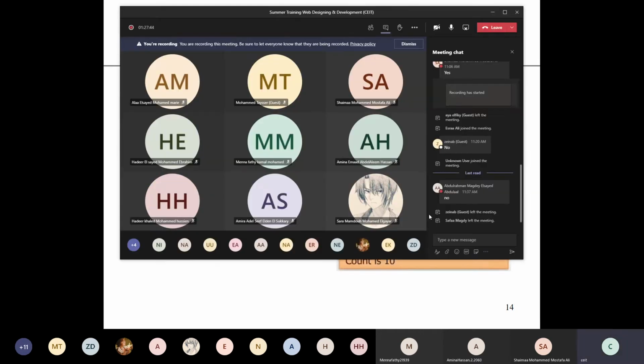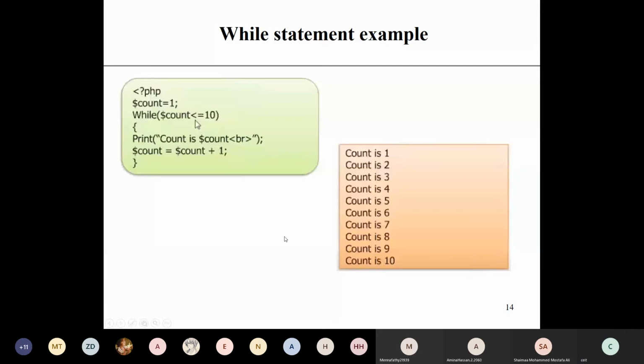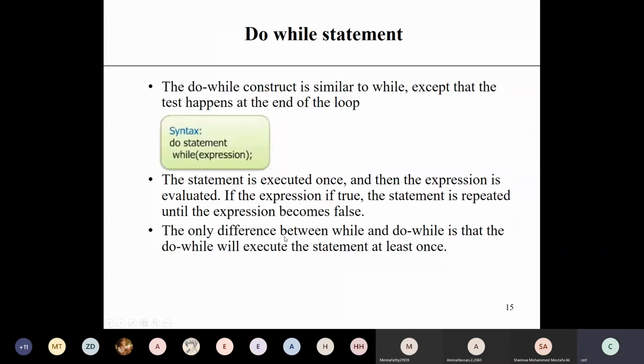See, I'm continuing. When you have a doubt, then you can ask me. Then do while. Do while is exactly similar to while, except that do while checks the condition at the end of the loop.